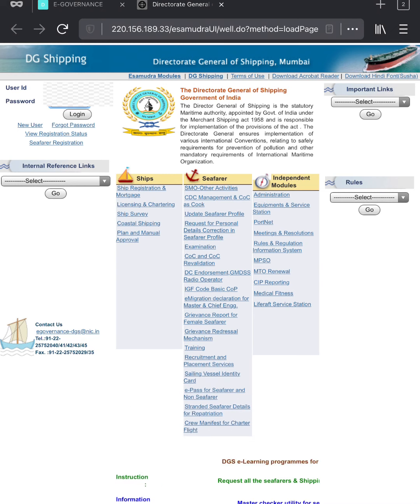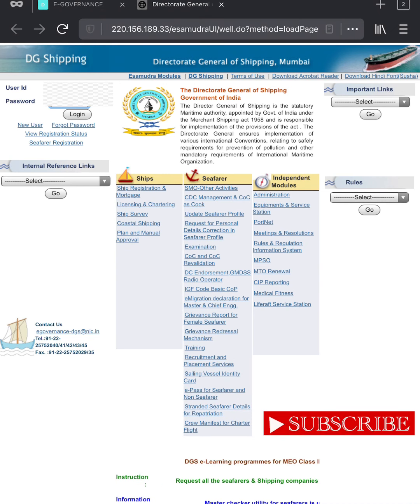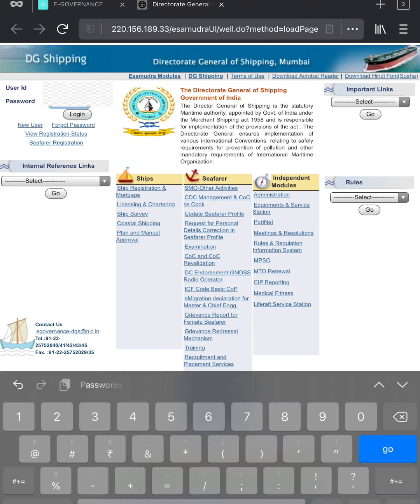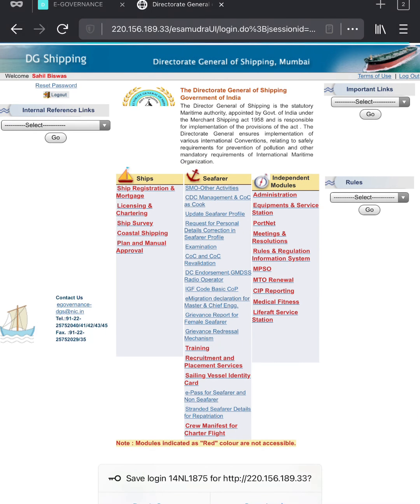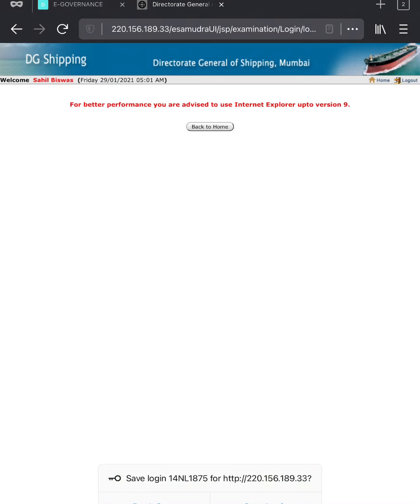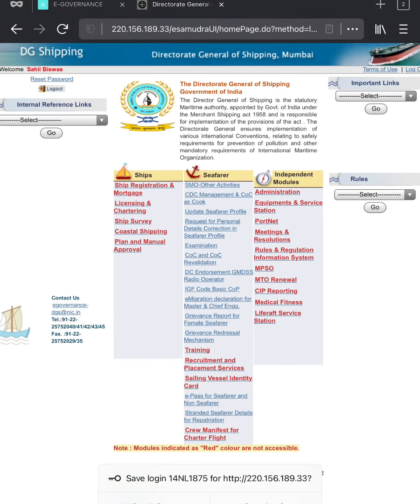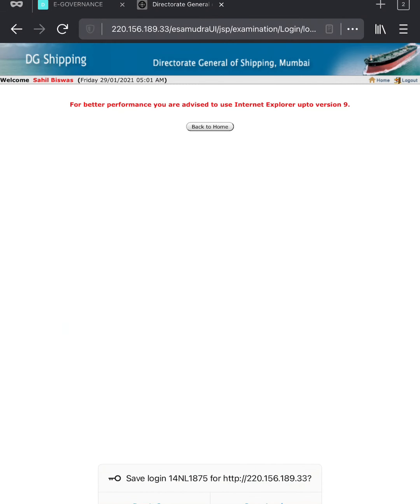Especially for a seafarer, the examination tab as well as the update seafarer profile tab are very important. This is my profile. If you click on update seafarer profile, you can see nothing. You cannot do anything. Go to the examination also, same problem.